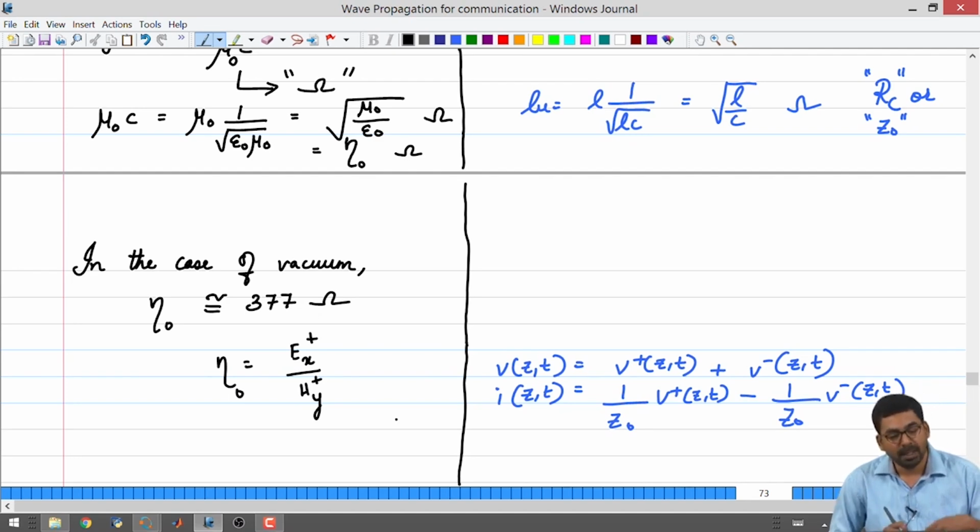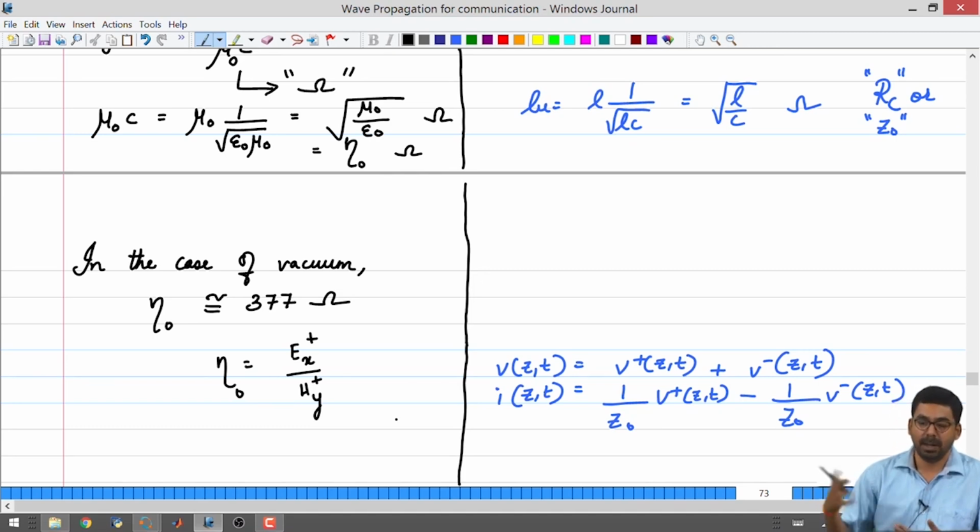Now, in the notes, we have seen that the characteristic impedance of vacuum is 377 ohms, and I also mentioned in yesterday's class that if you have a voltage of 1 volt in your transmission line corresponding to the resistance, you will get some current. In the case of vacuum, when you are talking about Maxwell's equations, if you have 1 volt per meter, you will get 1 over 377 ampere per meter,